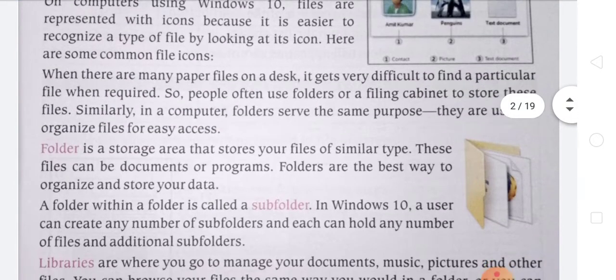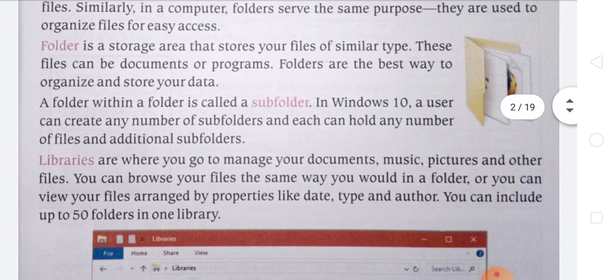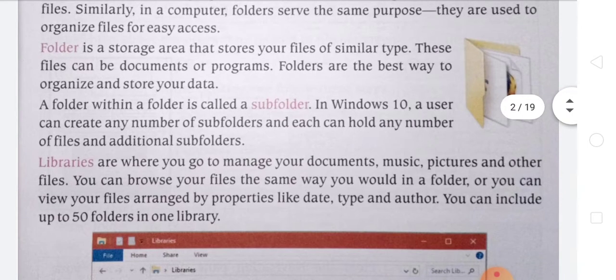Like files, folders and subfolders, libraries are where you go to manage your documents, music, pictures and other files. You can browse your files the same way you would in a folder, or you can view your files arranged by properties like date, type and author.